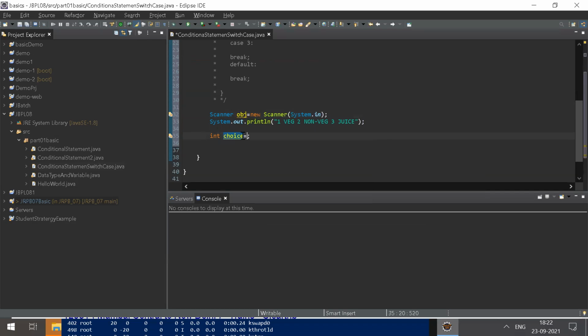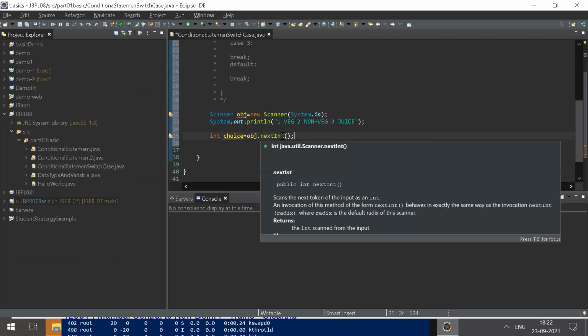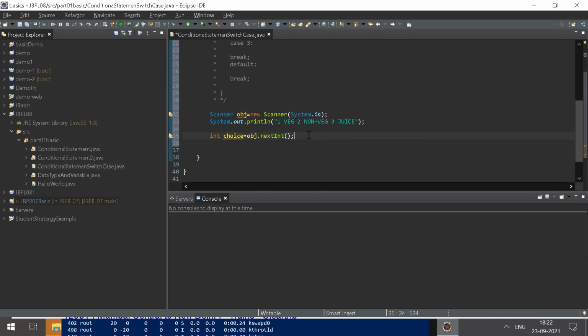I am getting obj.nextInt. Why am I using nextInt? To take input. Why only nextInt? Because the data type of our variable choice is int, that's why I'm using nextInt.